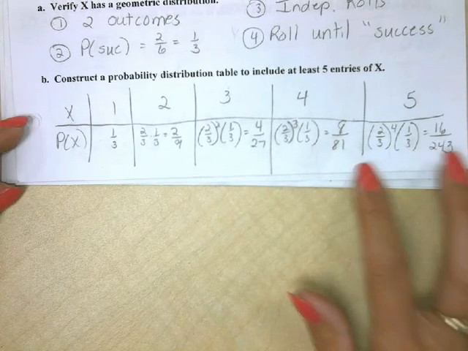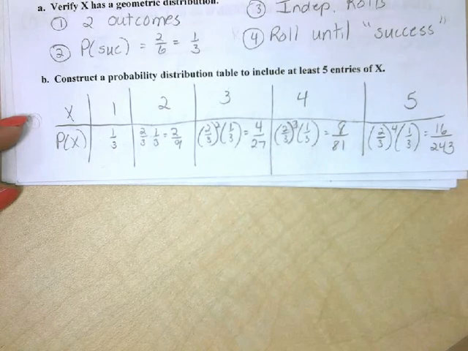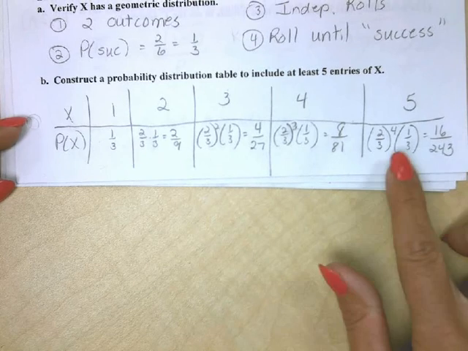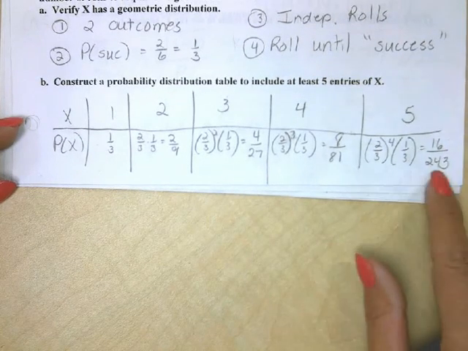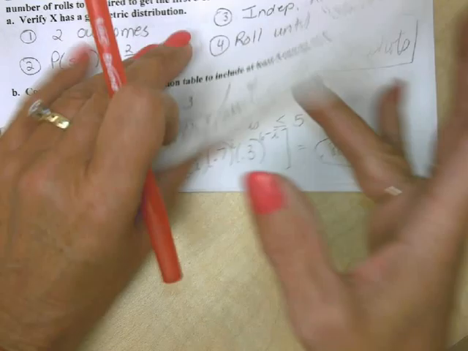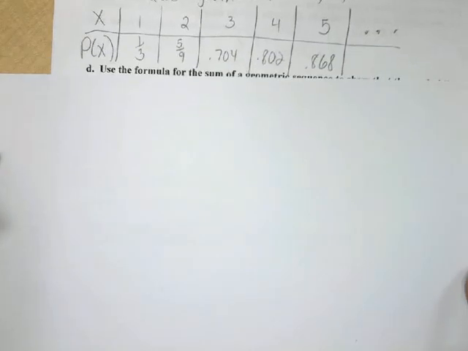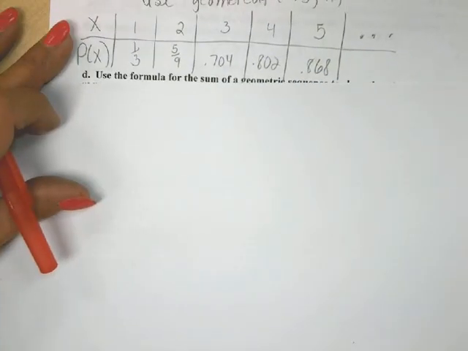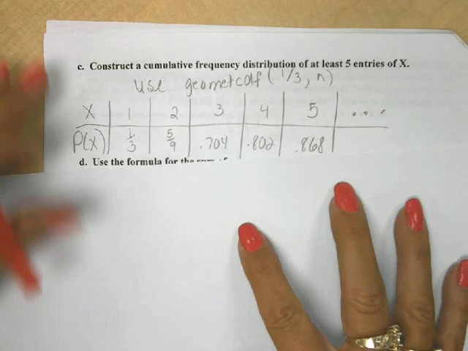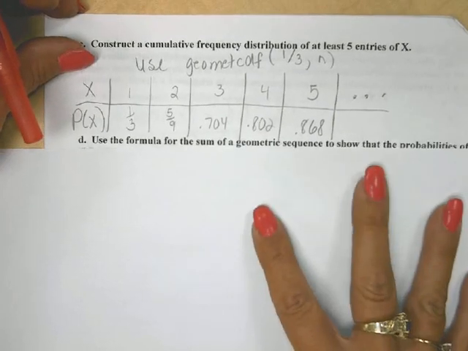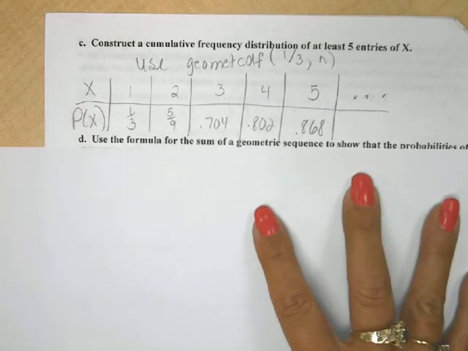And it could be that I have to sit there and roll that die many, many, many times before I finally get a 5 or a 6. However, it's not likely it's going to take me far beyond 5. Now, I can see that if we turn the page and we look at something called the cumulative frequency distribution. So a cumulative frequency distribution would be if I'm looking at what's the likelihood that it takes me 1 or fewer times, 2 or fewer times to finally get that 5 or 6 coming up.